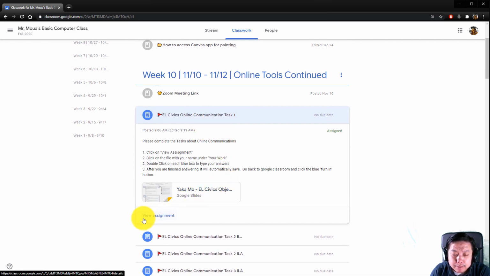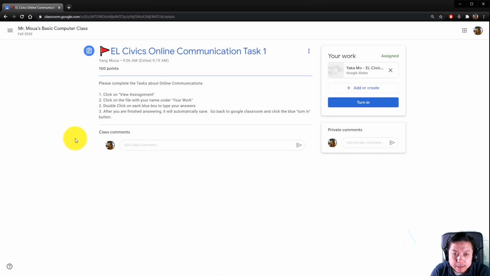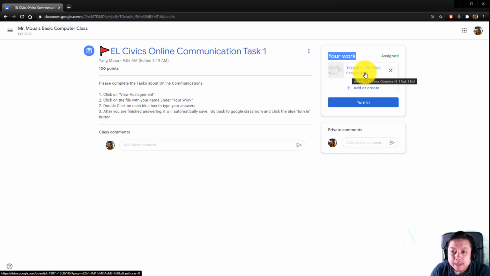Click on view assignment. For those of you who are on your phone or a tablet, you can just click on the assignment right here. For everybody else who is using a computer, click on view assignment. It will take you to this page of the assignment, and go to where you see your work. Under that you will see your name, and it will be the assignment. Click on that, and it'll say Google Slides. So click on the assignment,